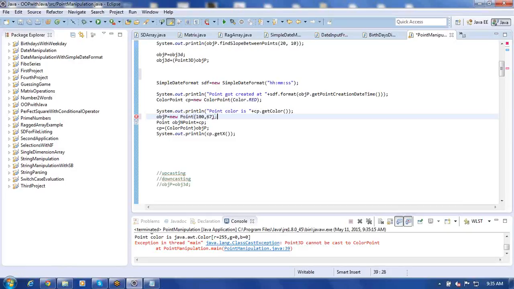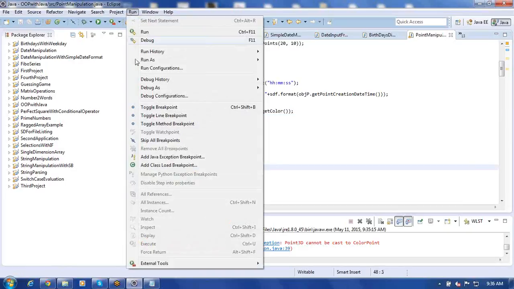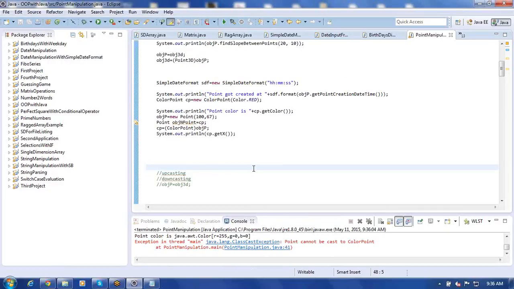New Point I try to make here. Now this time try to run this. It should not give any error in fact. So cp dot